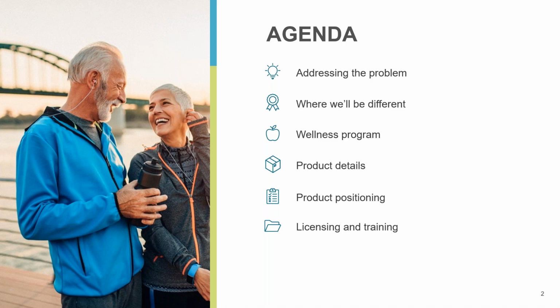What the wellness program does is allow what I refer to as the client the ability to age in place, meaning they can set certain goals. Maybe they've got sleep apnea they want to address, or maybe they want to exercise on a more regular basis. By participating in the wellness program, it adds additional dollars or credits to their long-term care benefit base. We'll cover the product details, product positioning, which we've got some ideas for you, and then some basic licensing and training items to cover at the very end.